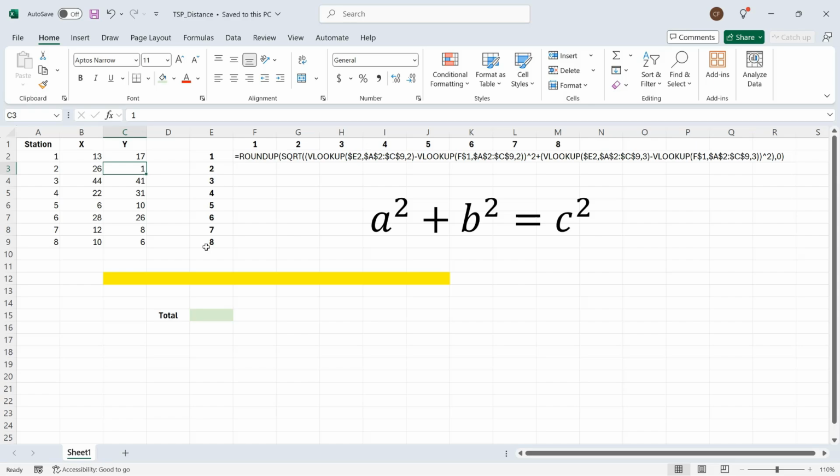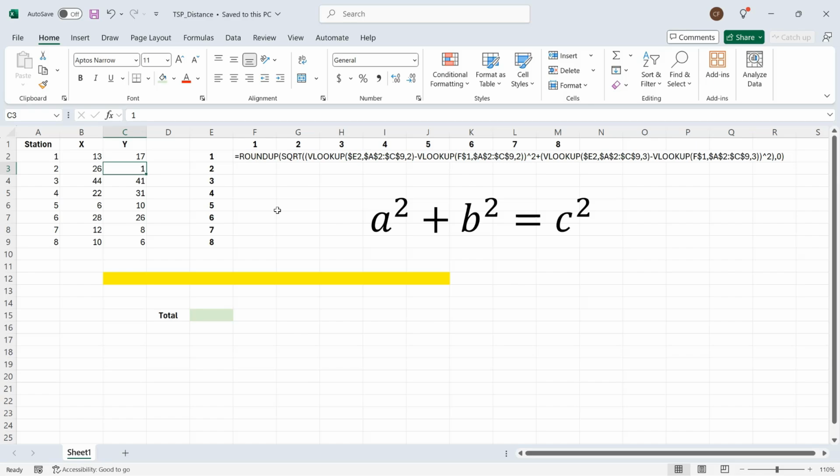We calculate the distance between 2 points, in this case, using the Pythagorean theorem, which I have here. And that is a squared plus b squared equals c squared. And you've probably seen this as the hypotenuse, or the square of the hypotenuse, of a right triangle is equal to the sum of the squares of the other two sides. So a squared, for example, might be the distance in x squared. B squared would be the distance in y squared, and that would equal the square of the hypotenuse. And we do squares so that we can use subtraction to find the difference and always end up with a